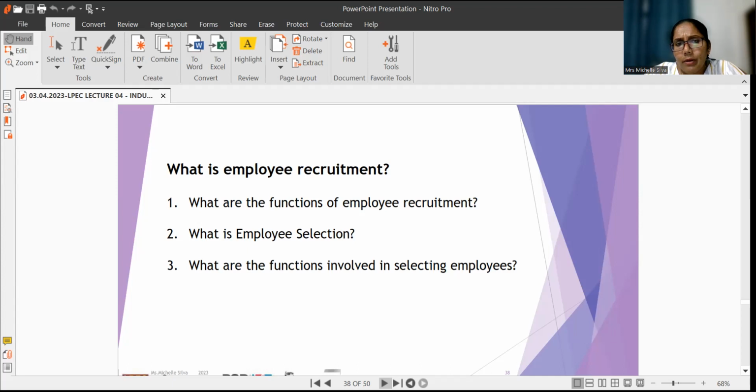So let's keep employee selection aside. Employee recruitment is attracting potential applicants for the job position. When we are recruiting, attracting potential applicants for a job position, definitely we have to create a job advertisement. This job advertisement is created by industrial psychologists. When they are designing this job advertisement, definitely they will take the information which they created at the